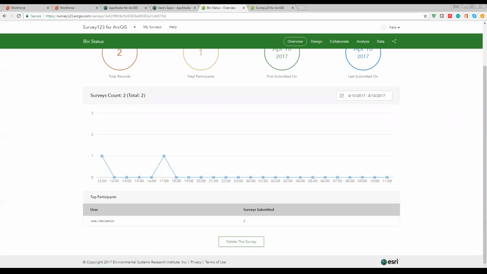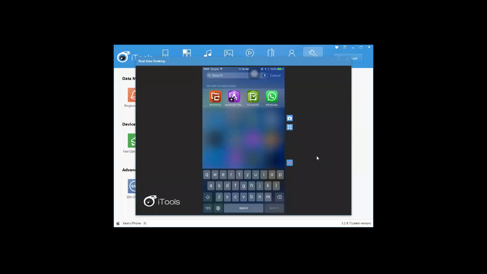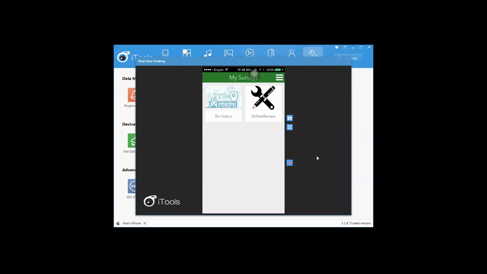So I would like to project my mobile app at this point, which should show Survey123 as I work with it on my mobile device. As you can see, I also have bin status right here. All I have to do is tap on it.